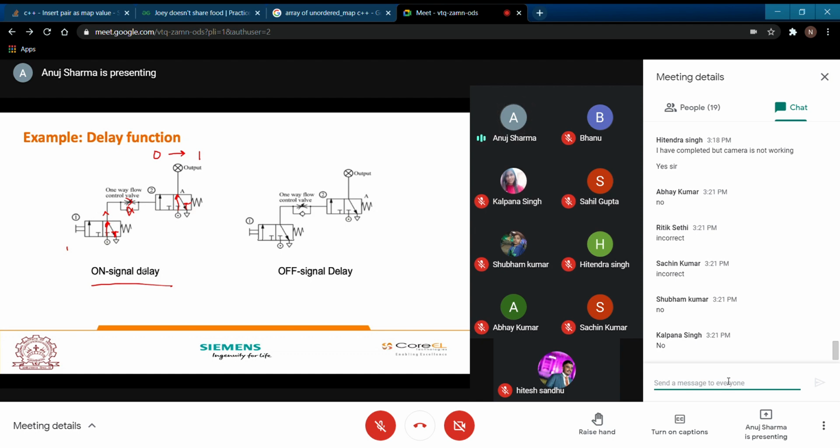Now let us have a look at the off signal delay. What will happen when there is an off signal delay? Again, when I switch on, this is going to move in this particular direction. Now, what is the difference between this and this? You can see that this arrow is in this particular direction, whereas in this example, this arrow is in this direction.